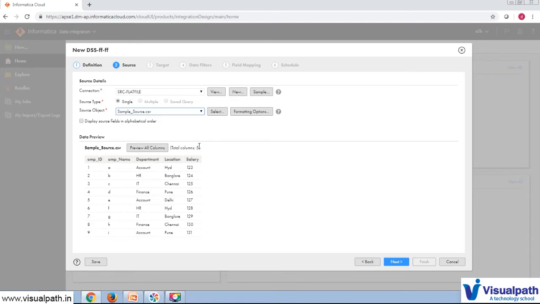For example, if it is a database and you do not have access to the database, how can you check all the columns available in the source? If you click on preview all columns, it will download the source file with some sample data. Let us see, it's waiting for download.